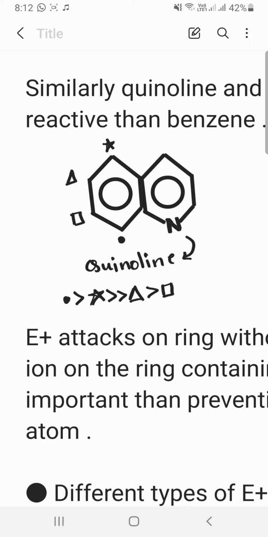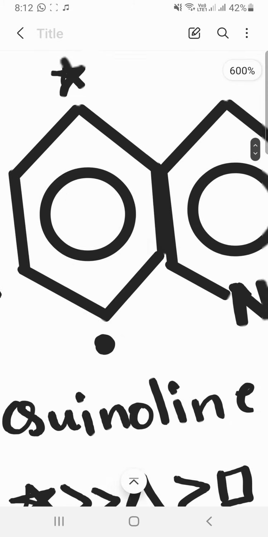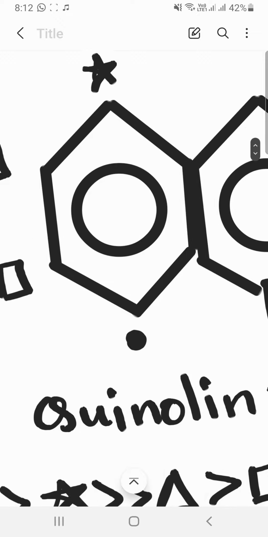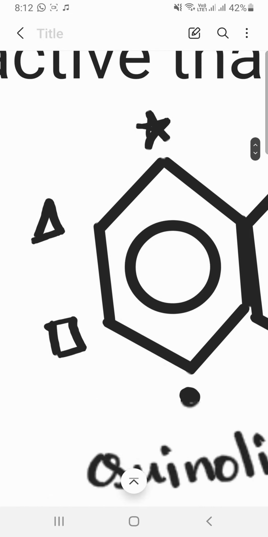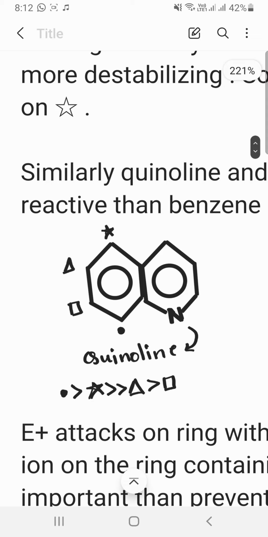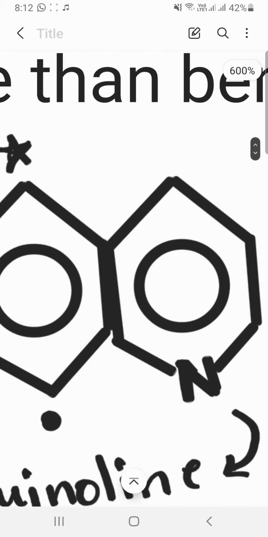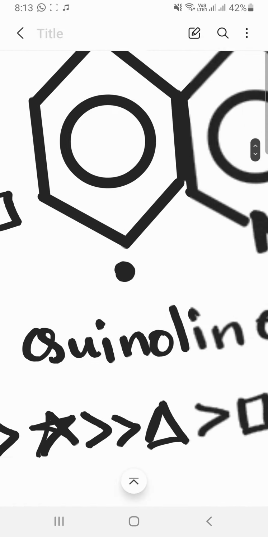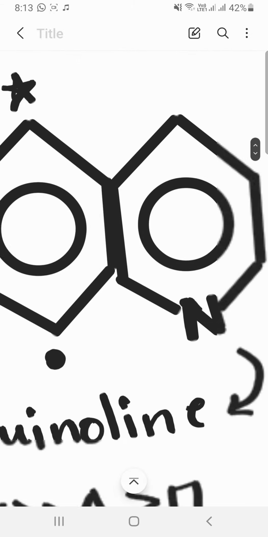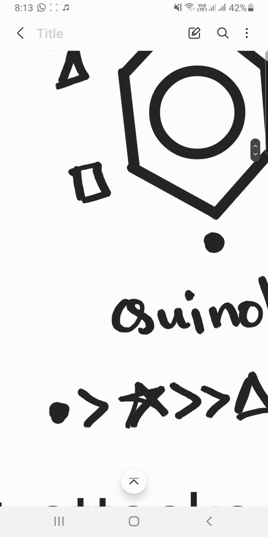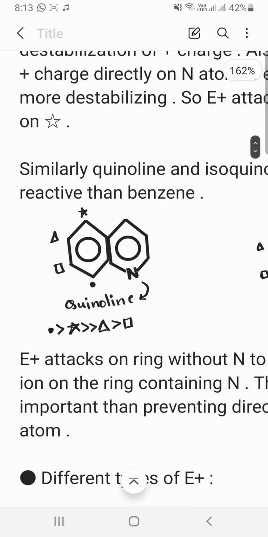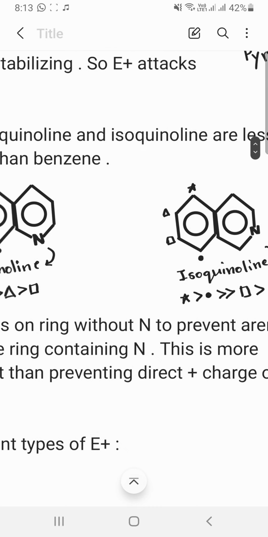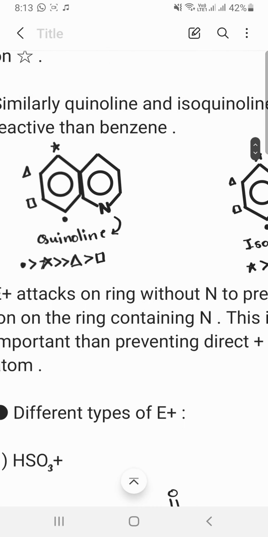Yeah, and this dot thing, it puts a positive charge on nitrogen, so it's like a little more destabilizing than this star thing over there, because it too puts, oh sorry, this dot thing doesn't put a positive charge on nitrogen, and this star thing does. That's why star thing is more destabilizing than dot thing, so it's lower in that order. Similar kind of thing happens over there, so you can see the order is reversed now. Okay,